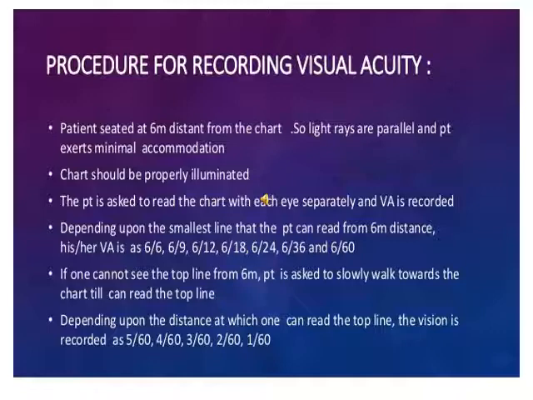So if the visual acuity of a person is very low and he cannot even read the 60 line, the biggest letter, then what? Then slowly we reduce the reading distance. We make it 5 meter. So now the visual acuity will be 5 by 60. But even now if he cannot read, then we reduce further, we make it 4 by 60, 3 by 60, 2 by 60 and 1 by 60.